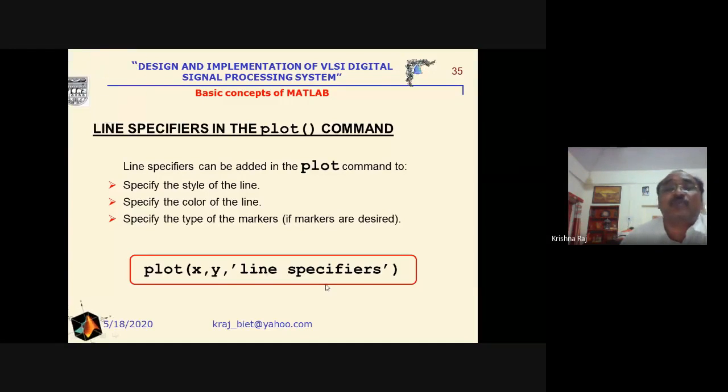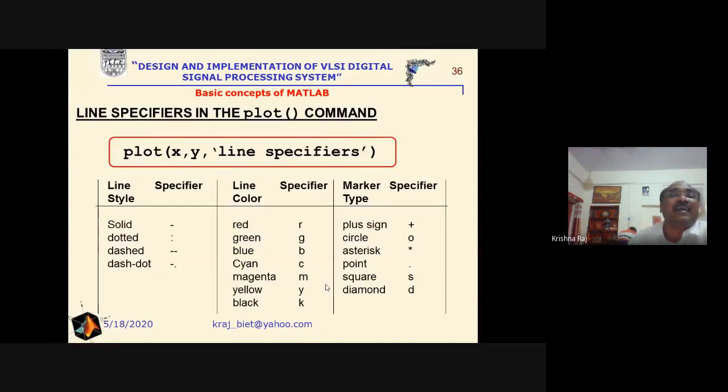So what are the line specifiers? We have to decide the color, line style, and we have to decide the marker. So for the solid line, we put this one dash, dotted line, dashed line, and dash dot line. These are the line styles.